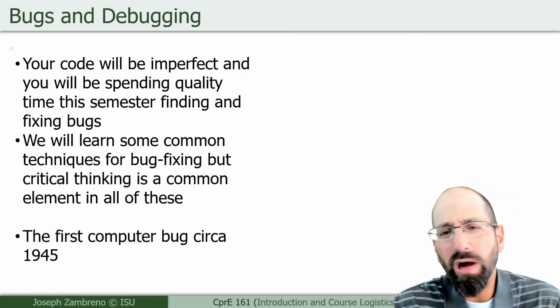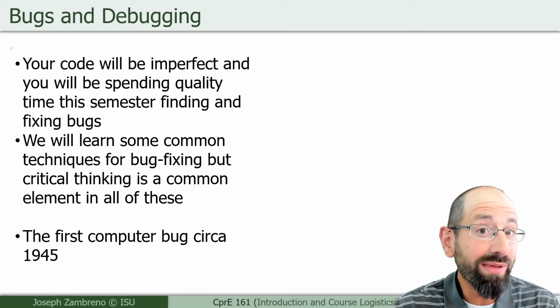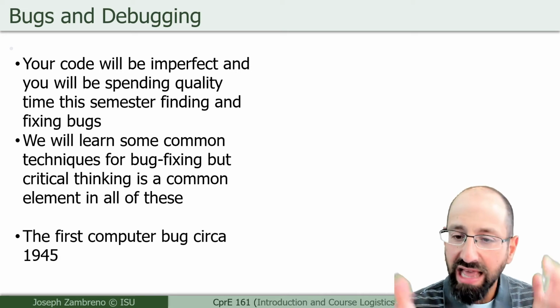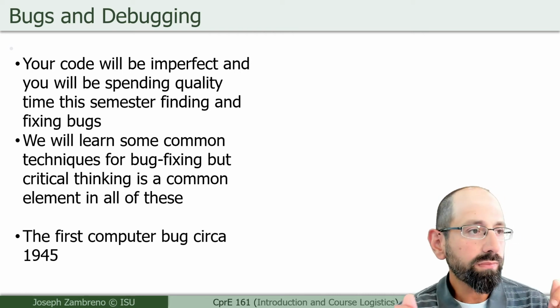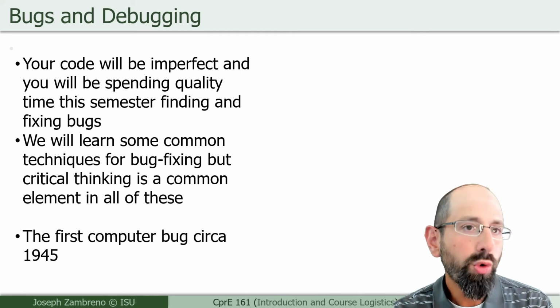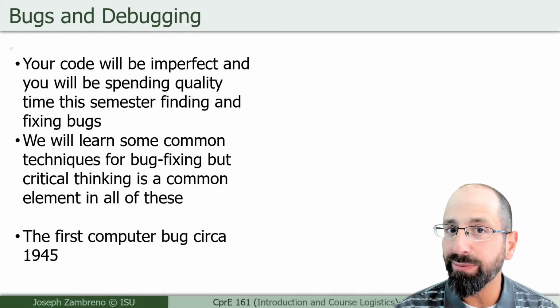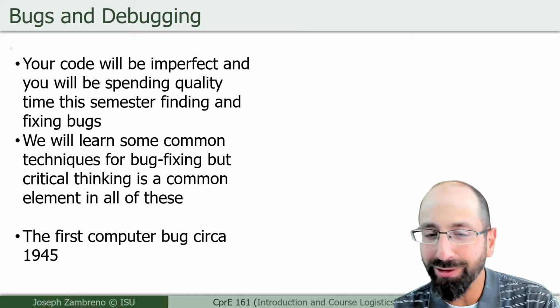I think just watching me kind of debug my own problems in the code that I'm writing during these sessions may be helpful for you, but really critical thinking is a pretty common element of that. I have a bug. The result is not what I expect it to be. How did that happen? What can I learn about my program? What can I reason about my program to get from some number of bugs to fewer and eventually zero bugs